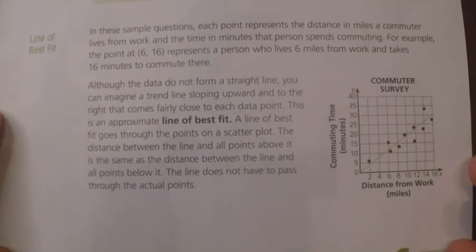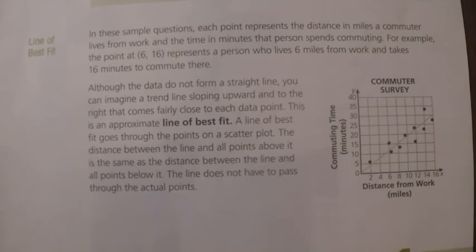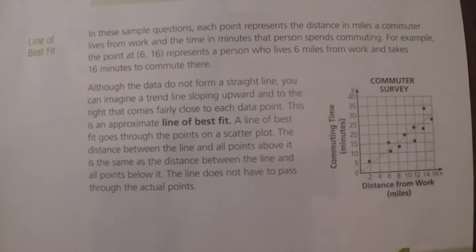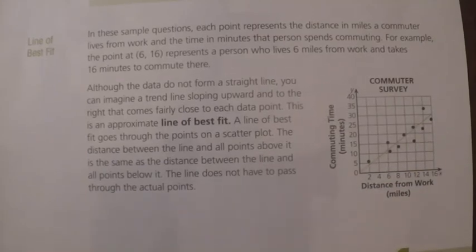Next one here says lines of best fit. So when we're talking about line of best fit, we're talking about actually calculating this line that goes through your scatter plot to help model the data set. So it says, in these sample questions, each point represents the distance in miles a commuter lives from work and the time in minutes that person spends commuting. For example, the point at 6:16 represents a person who lives 6 miles from work and takes 16 minutes to